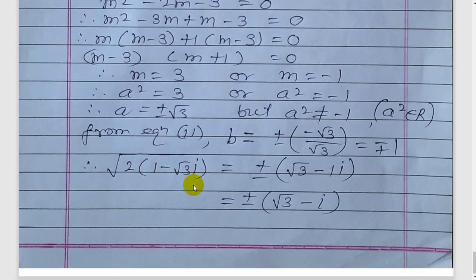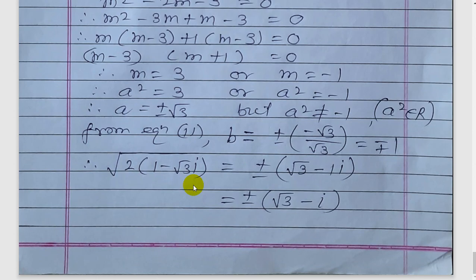So by using this process, you should find the square root of complex numbers. For more practice, you should take different examples of complex numbers and try to find the square root of that complex number, and you can check your answer yourself by using the whole square process on the answer.